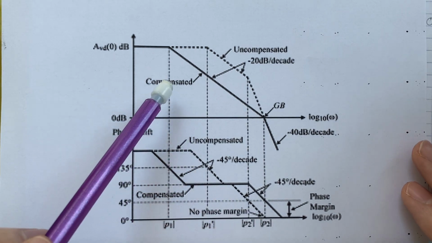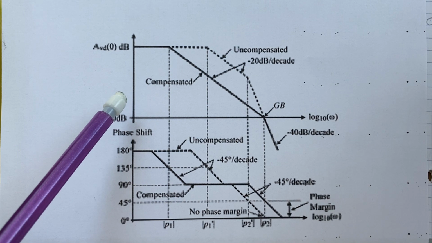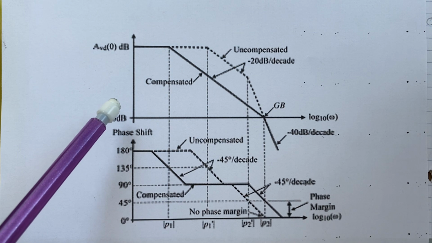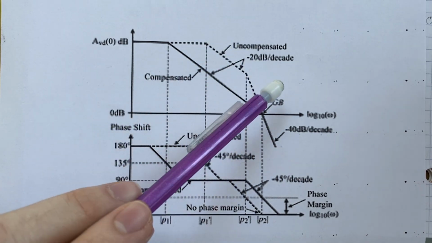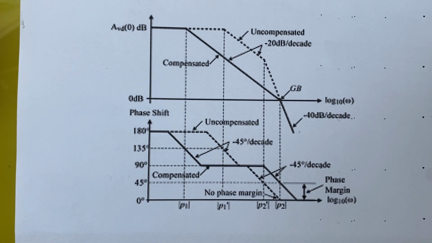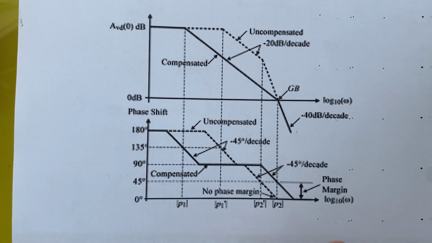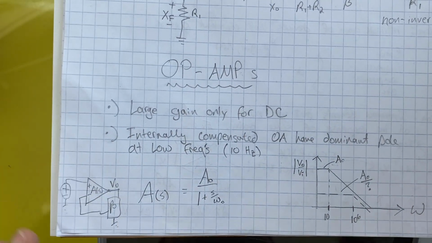So when you internally compensate your op amp, you're making it more idiot-proof, but you're also getting rid of some of the gain that you could have had. So there's a good trade-off, and in a later video I'll show differences between compensated and uncompensated on the scope. But for now, let's look at what we have here, and we'll just assume we have a dominant pole, a compensated op amp,